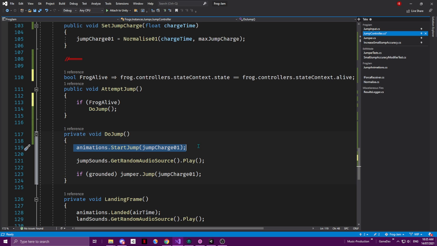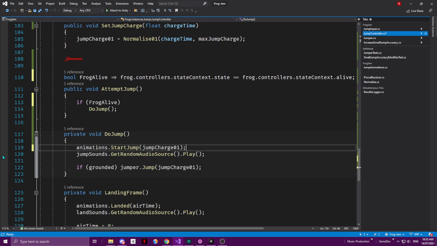I know I'm having a mint. This is a little bit misleading because this doesn't necessarily actually do the jump. This is still attempting, now that I think about it. Even if you're attempting the jump, you're going to play the animation and do the sound. So